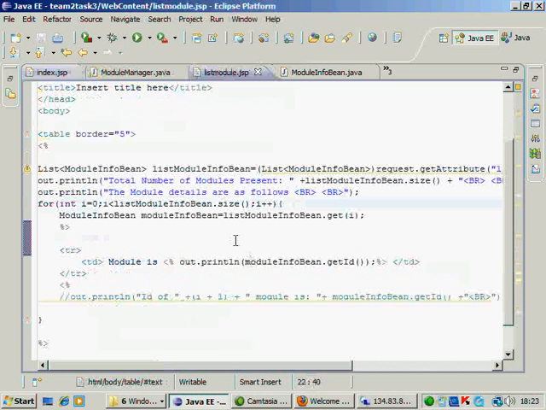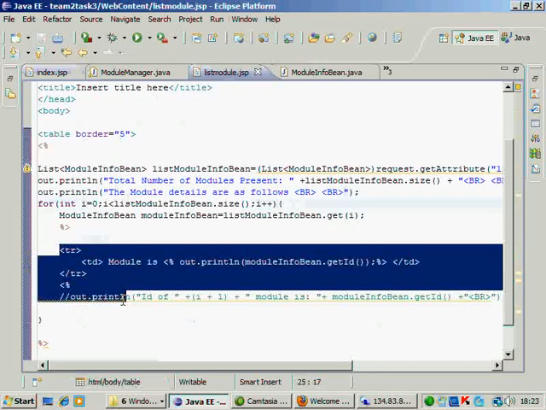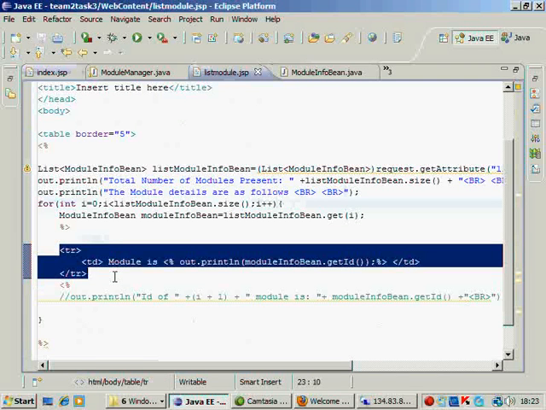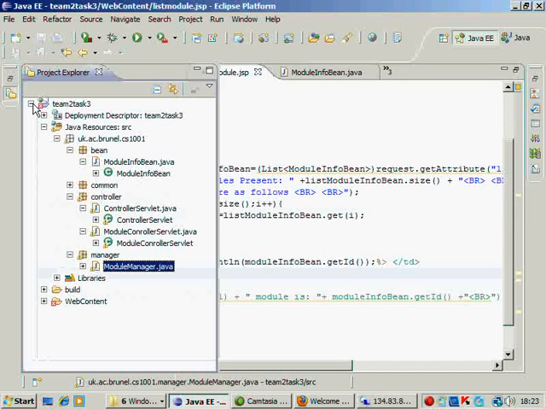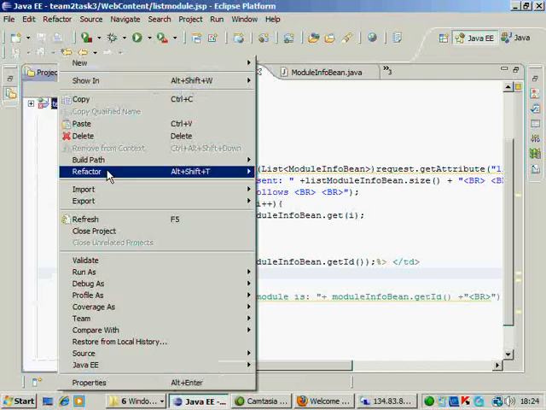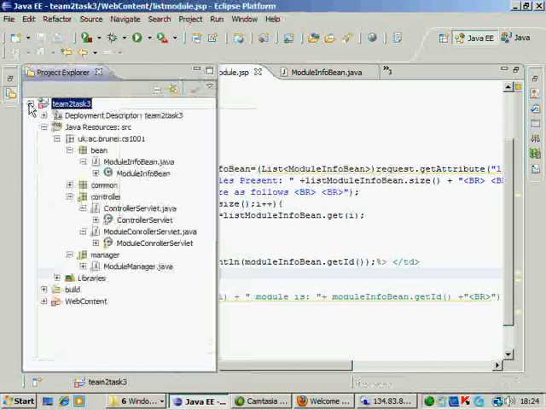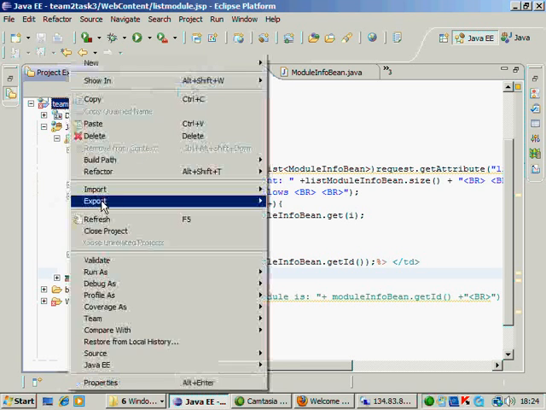Now I go back to the JSP again, and this is our list module.jsp. We have made the changes, so we should see a table with border 5, and for each module info we should have a row and a column. Having done that, you just right click and refresh. Now again we follow the same procedure: we have made the changes in the Eclipse project, we will export this as a WAR file, and we will deploy it in Tomcat, the same way which we did just a couple of minutes ago. So I say this,